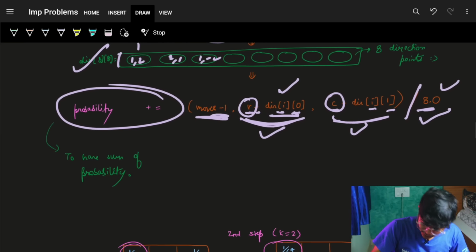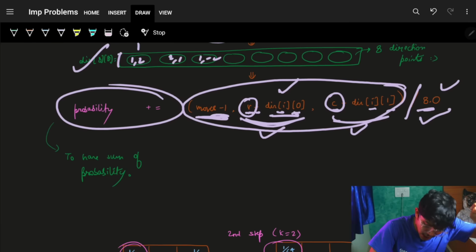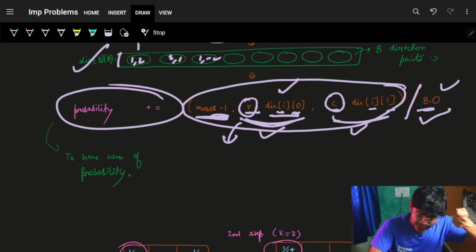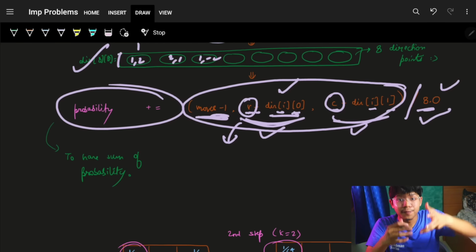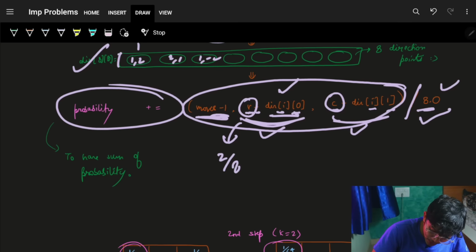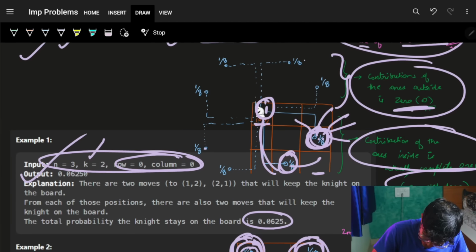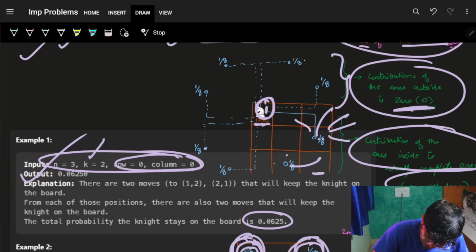And you will know it is actually a recursion, so it will go and again ask for the above problem. It will again go and ask, hey, what is for the next move? It will again go and return that. So if it returns a 2 by 8 for this step right here,